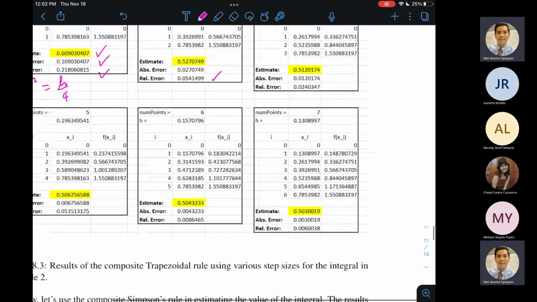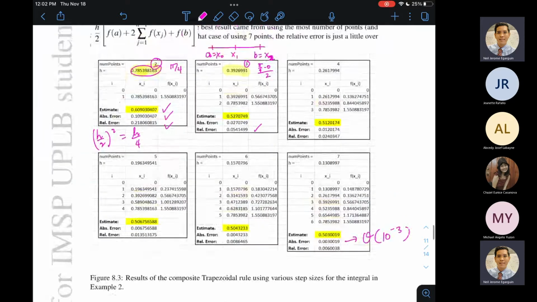So we can say here that the error is of magnitude or order big O of, di pala h cube, big O of 10 to the minus 3. Ito yung size ng absolute error. Okay? So that's the composite trapezoidal for you guys. Do you have any questions about it before I shift to composite Simpsons rule? All right. So if there are no questions, then let me proceed to the composite